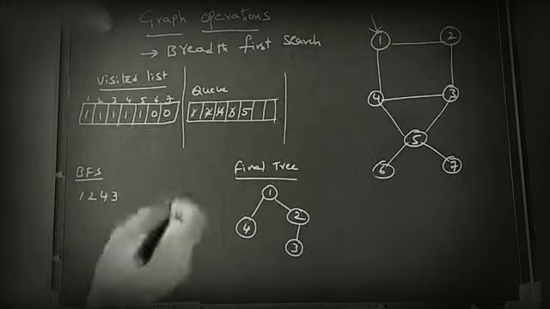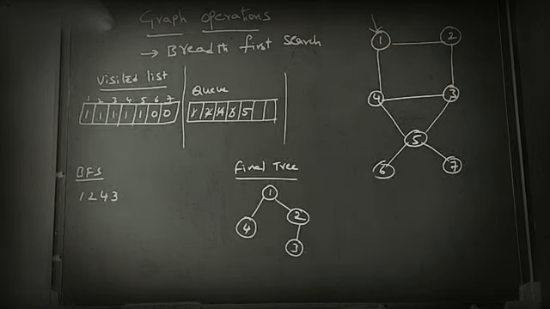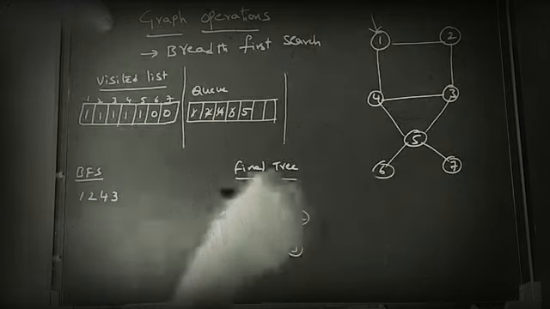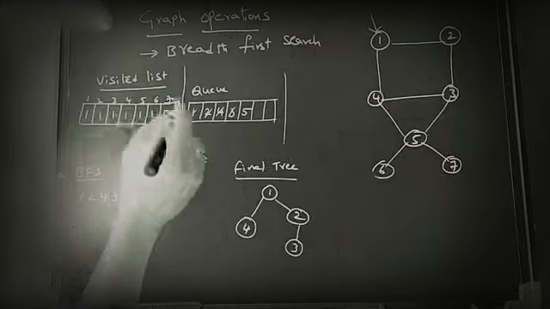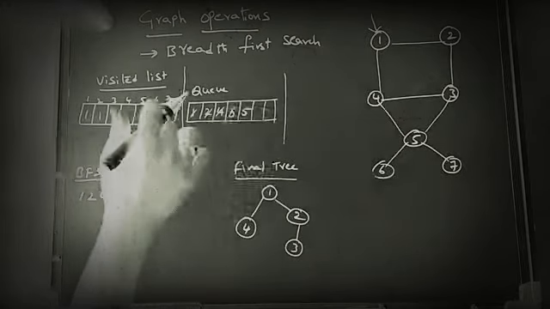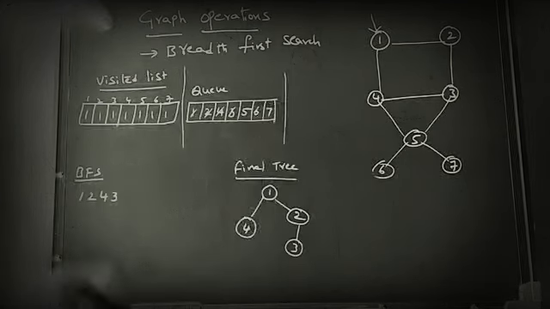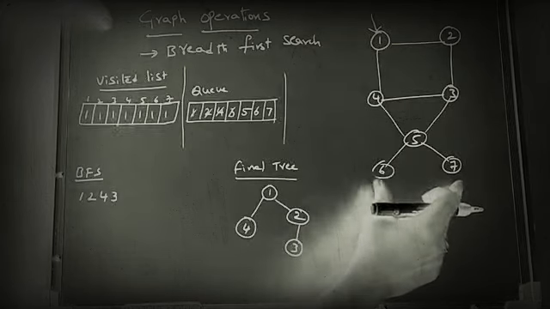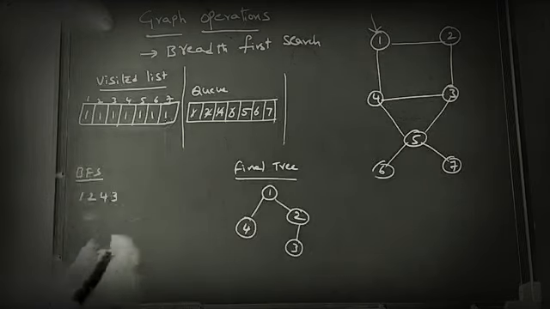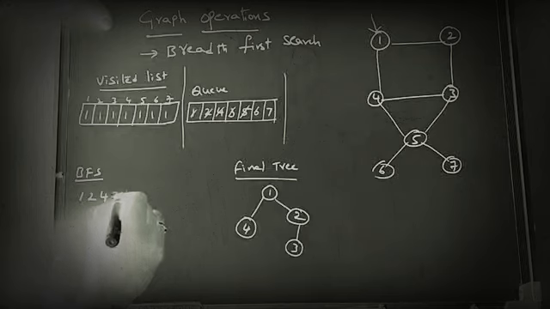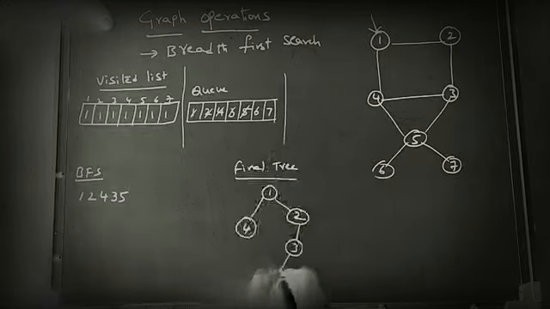Next, 5. Does 5 have any new unvisited nodes? 5 has 6 as a new unvisited node. 6 is entered. Another adjacent node is 7. Okay, 6 and 7 are also stored. There is no other node to explore for node 5. That means the 2 new unvisited adjacent nodes are entered. Then delete 5 from the queue. 5 is connected in the graph to 3.